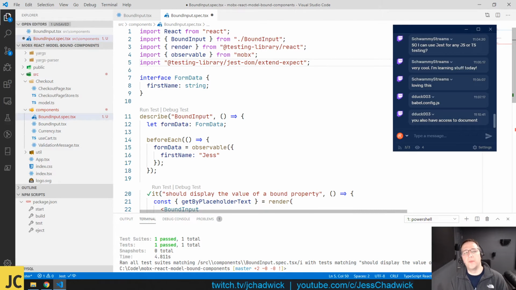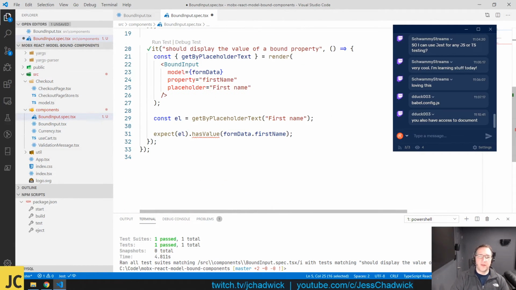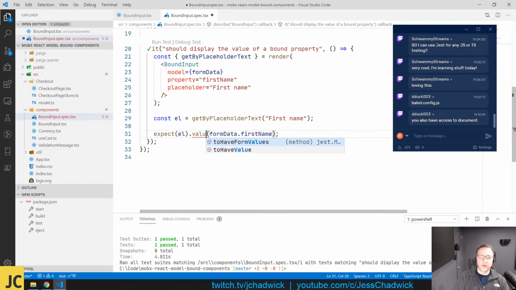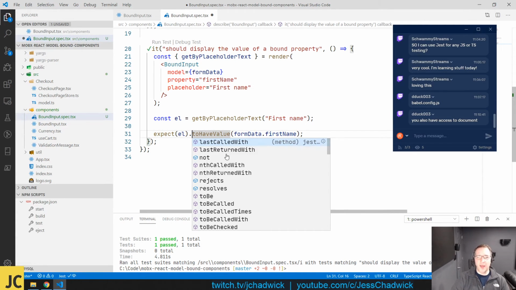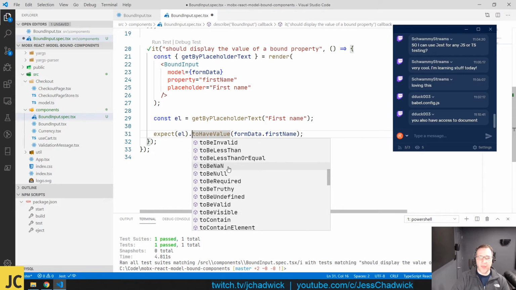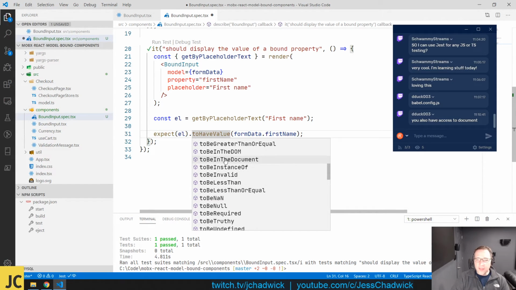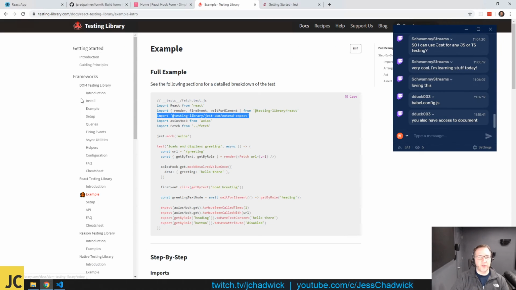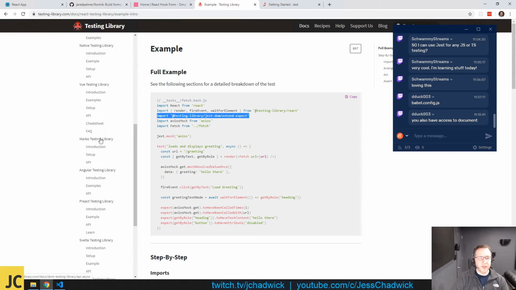So in my test, I'll import the extend expect from the testing library. And so again, this is not specific to React. It's actually specific to Jest DOM. And so what this does, it's matchers. It's Jest matchers in the testing library that get attached to the expect. So you can have now value to have value, not has value, but to have value, right? So now we have a whole bunch of DOM specific matchers in here. To be in the DOM, to be in the document. I'm sure there's a list of them in here. Not really sure where it is, but the